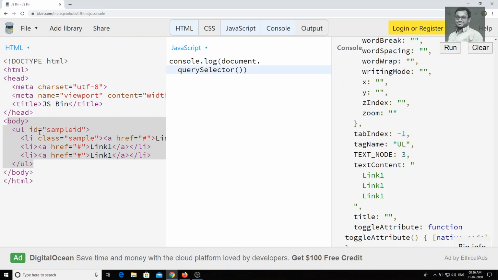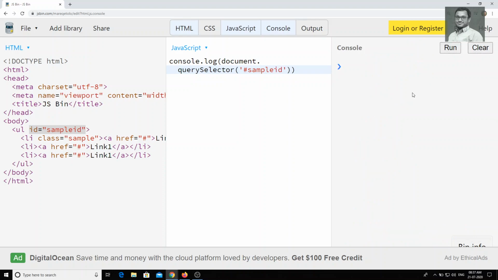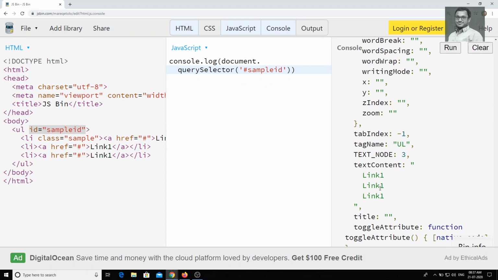All the CSS selectors you have, you can use here in order to traverse the DOM. For example, if I want to get the tag which has an ID of sample, you can directly write hash sample ID here, and you will get the same output.